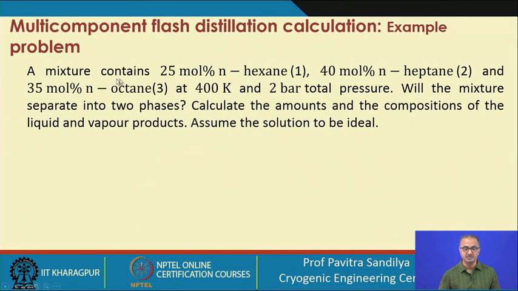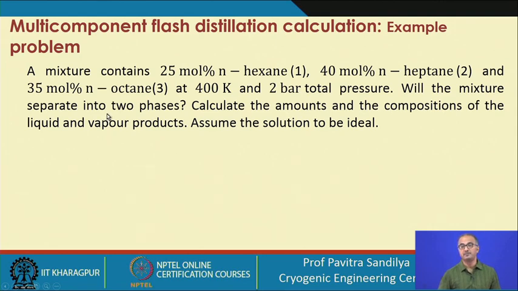that we have a mixture of 20 mole % of N-hexane, component 1, 40 mole % of N-heptane, component 2, and the rest of it, that is 35 mole % of N-octane, that is component 3, at 400 Kelvin and 2 bar pressure. And first we have to figure out whether the mixture will separate into two phases or not,